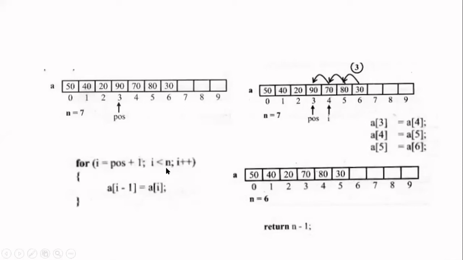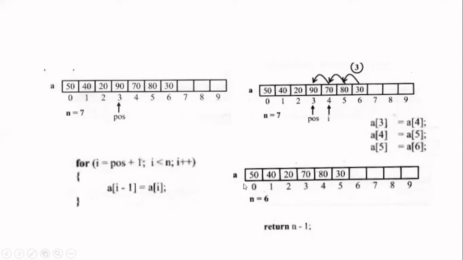Let me repeat the for loop again. First, whatever is available in position plus 1, I have to move to position. So I am starting with i = pos + 1. Then I will continue until this i value becomes 6, which is nothing but n minus 1, so i less than n. Every time I am going to increment this i to the next position, so it is i plus plus. The body of the for loop is that what is available in A of i, you are going to store in A of i minus 1. When this for loop is over, your array will be changed like this.